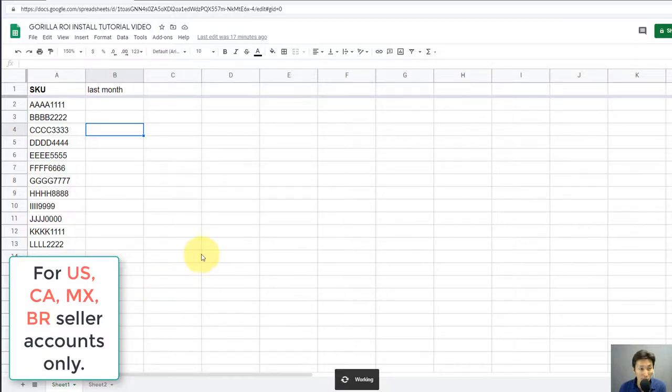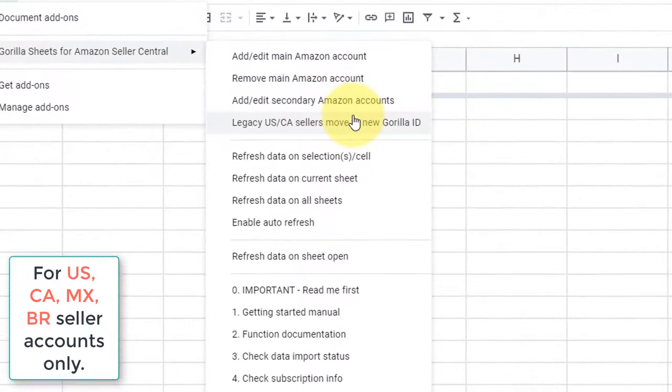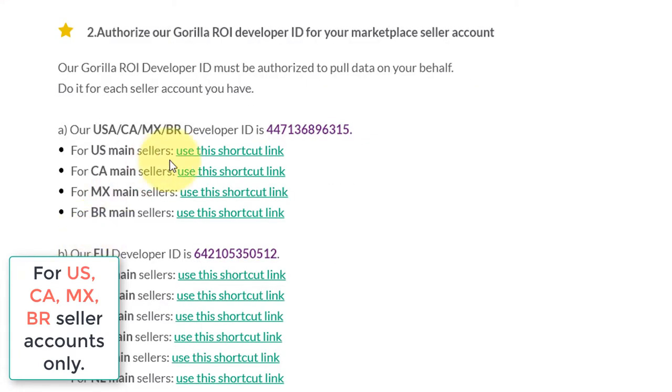On the add-on, if you go to Add-ons, Gorilla Sheets, and you are still using the old Gorilla development ID, you're going to see an option that says "Legacy, US/Canada sellers move to new Gorilla ID." If you do not see this, you're already using the new ID, so there's nothing to worry about. If you do see this menu, click on the link that we've provided, and this will preload the development ID